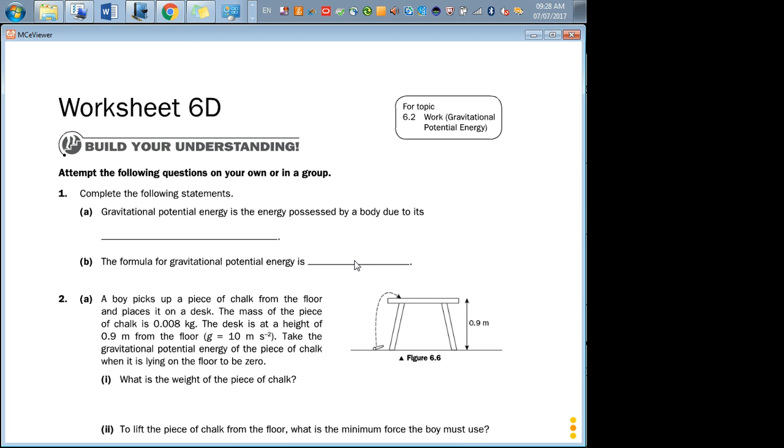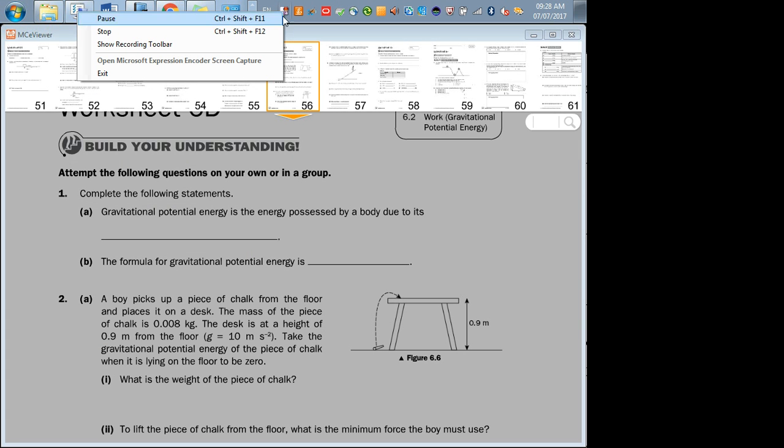Okay, so right now you are left with worksheet 6, D, E, and F to do by yourself. No, I didn't say F. Oh, okay. So you have 6D and E, right? But I've already gone through B and C, correct? So, is it fair to say that everybody can submit your work on time